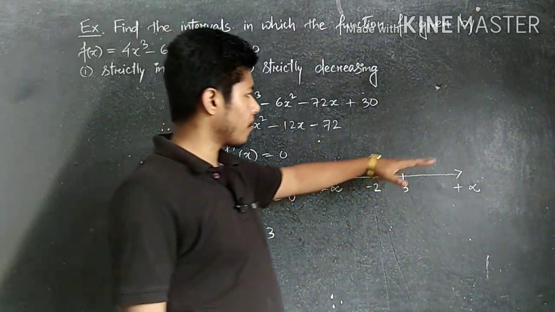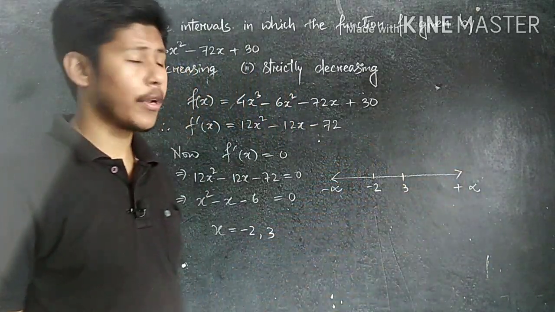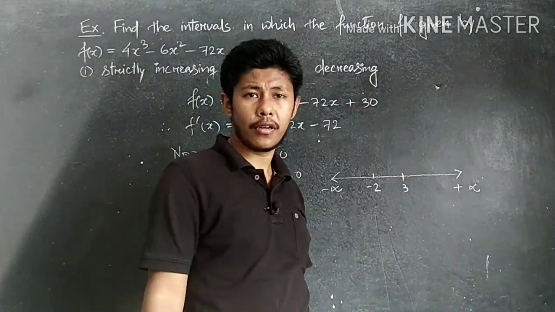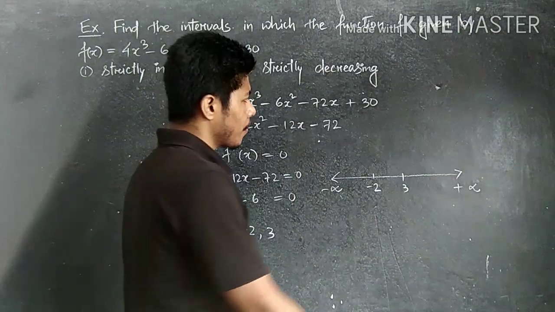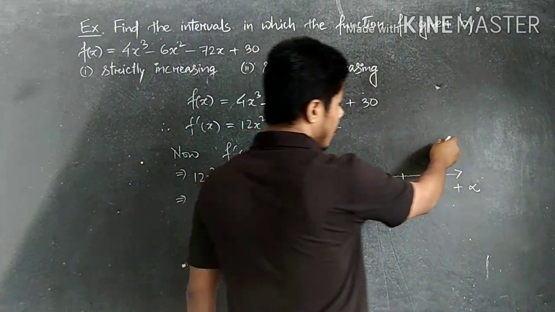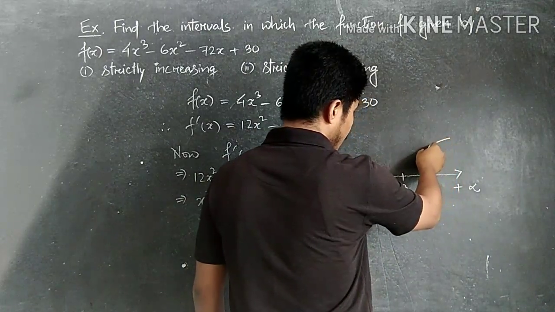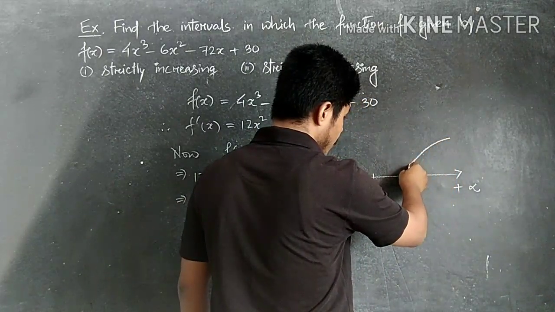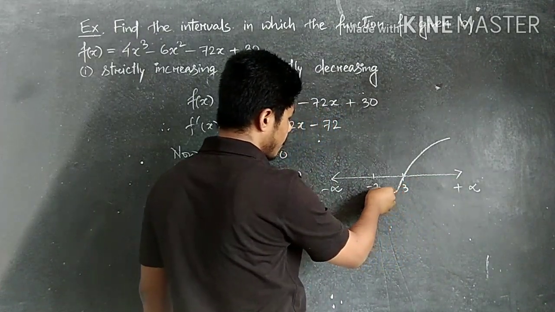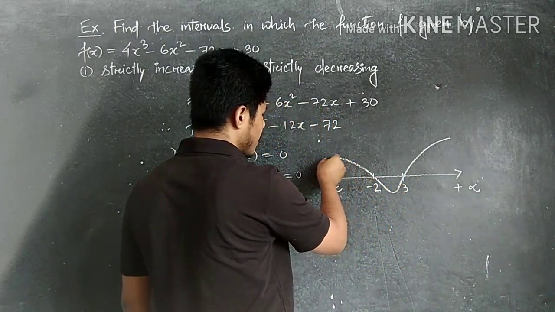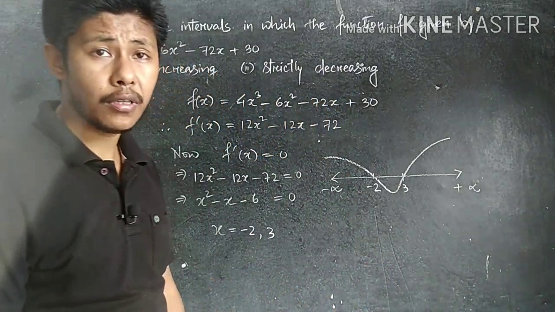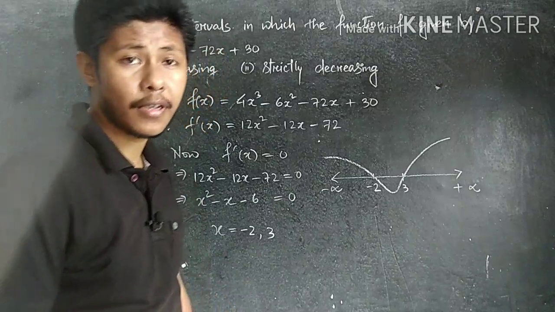So now here we have to start the graph. We can use the wavy curve method because it is an algebraic function. If you apply the wavy curve method, you see here we start the curve from above the number line. This curve passes through 3 and then another point, which is minus 2, so we have to pass through this. Any more points? No, there is no more point, so we keep it like this.